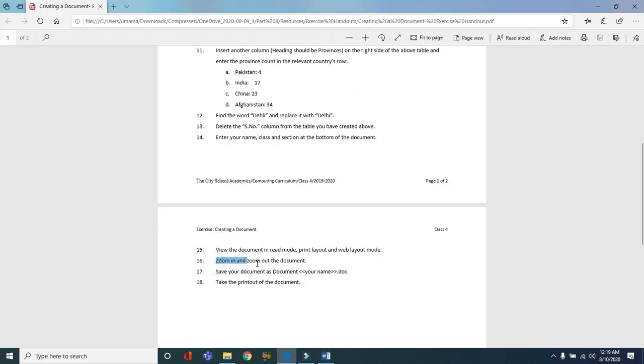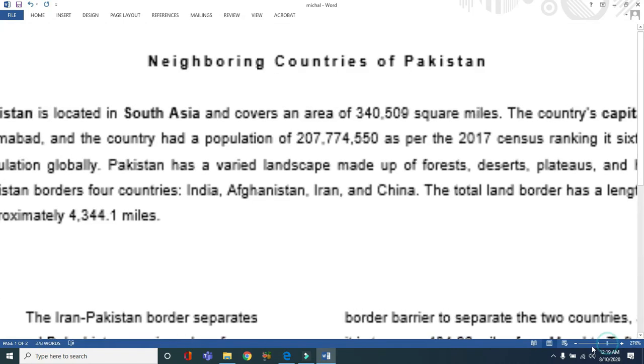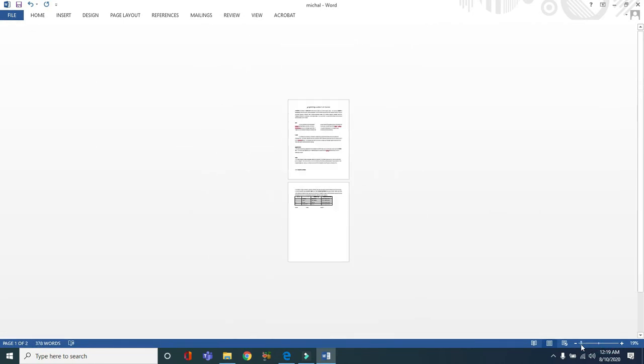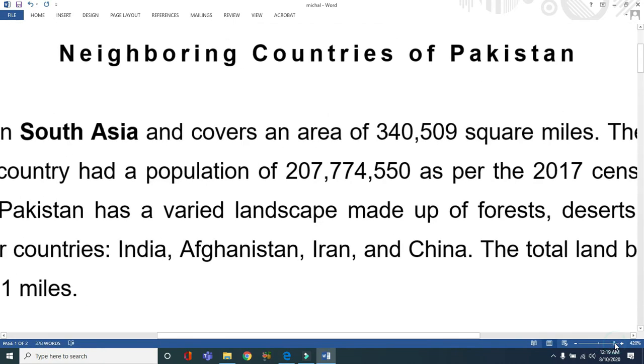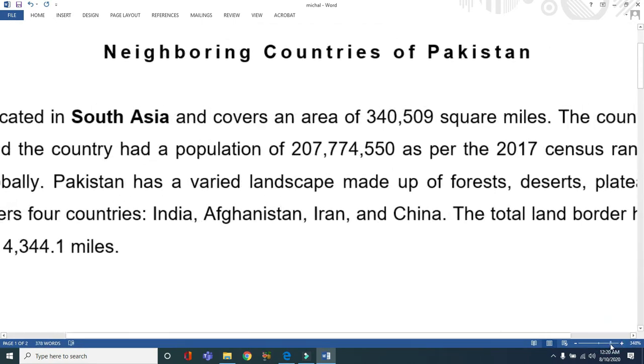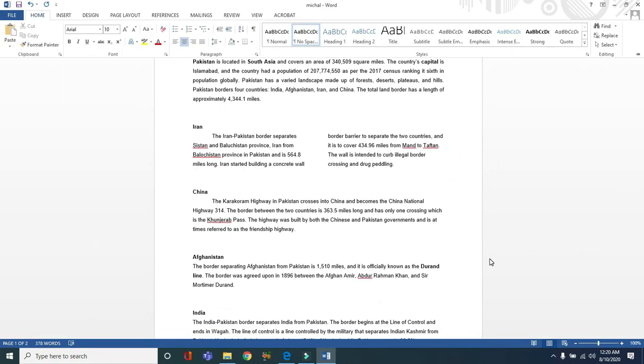Go to the next, zoom in and zoom out the document. How we can do that? Now you have to tell me. Yes, there is an option of zoom in and zoom out. Here, by decreasing the number, we can zoom out, and by increasing the number percentage, we can zoom in. This is 100%. There is one more way to do zoom in and zoom out. And now this is your home task.